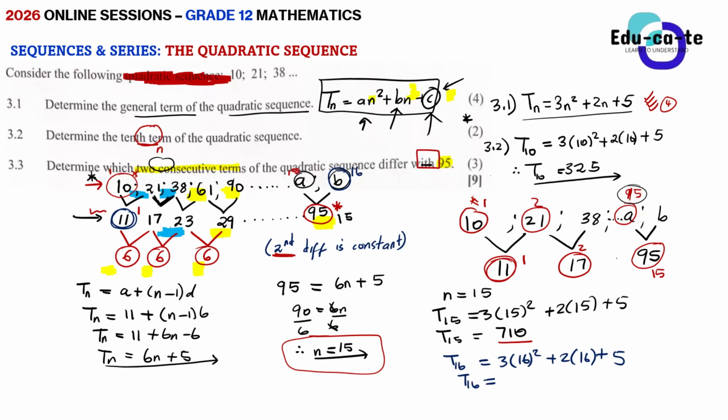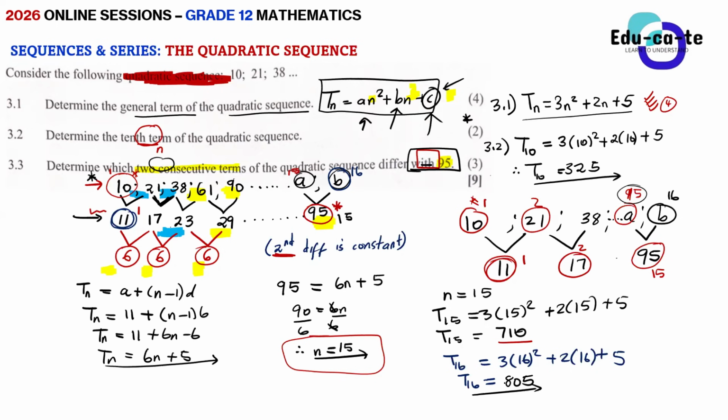You evaluated for me what was term number 16, which was going to be term B. 805. Yes. So the two consecutive terms are 710 and 805. And indeed, if you try to confirm that their difference is really 95 as the statement suggests, you just need to take your calculator and do the subtraction. If you don't get 95, it will be incorrect.